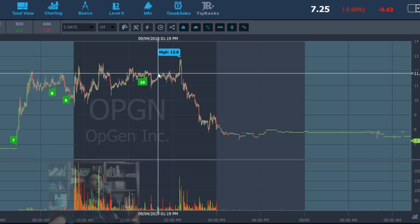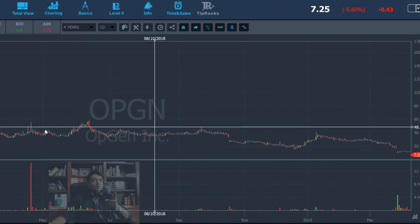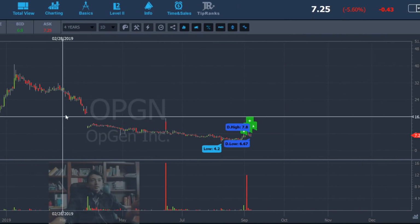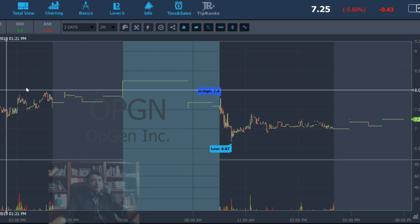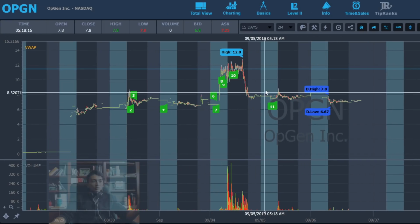There are many examples like afternoon dumps with microflow. If the stock decides to do reverse splits multiple times, and you take a look at the historical chart, you can see the stock is downtrending again and again, doing reverse splits again and again. That means the stock is trying to take investors' money. The stock doesn't really spike with good intention. That means it's going to be a very temporary spike, and you have to be really careful with this type of